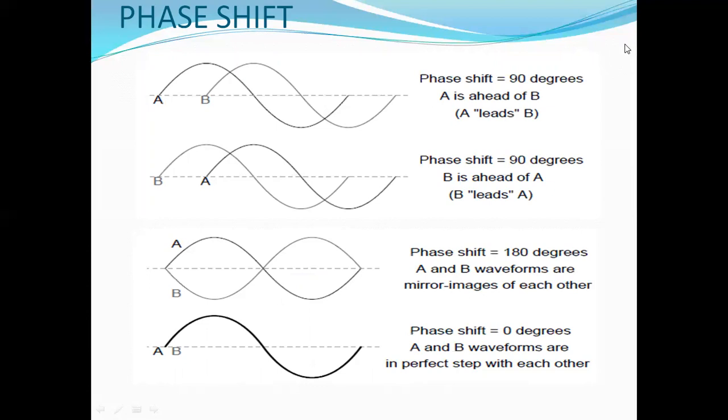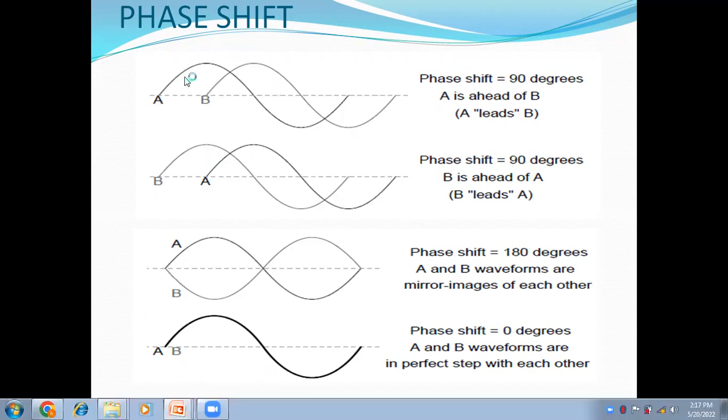These are again different waveforms shown. Now here you observe that two waveforms are there, waveform A and waveform B. In between the two waveforms there is a phase shift of 90 degree. A is first and B is second, so I can say that A is ahead of B, that A is leading B. In other words, I can say the zero value and the maximum value of waveform A appear